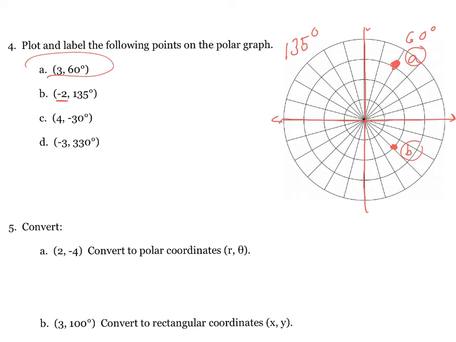For C, we're going to go to -30 degrees, which is down there, and the radius is 4. So that's the fourth ring. 1, 2, 3, 4. I'm right on it. Let's see. And finally for D, we'll go to the 330-degree radial, which, lo and behold, is the same one because this is 270, 300, 330. But we've got a negative radius, so that means we're going to walk over here